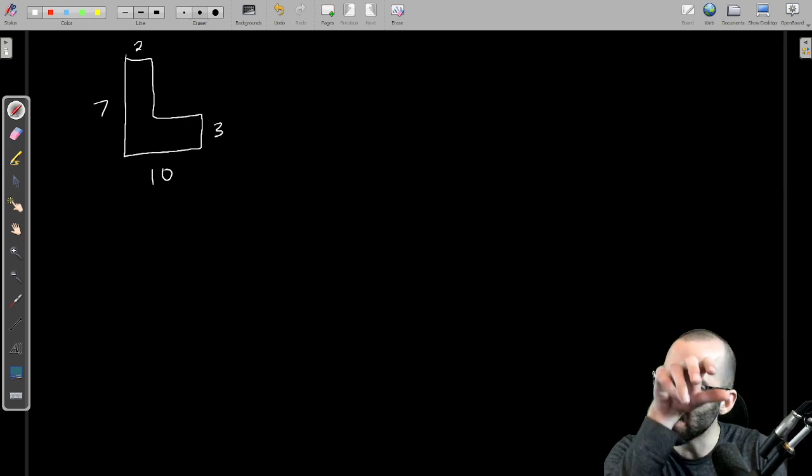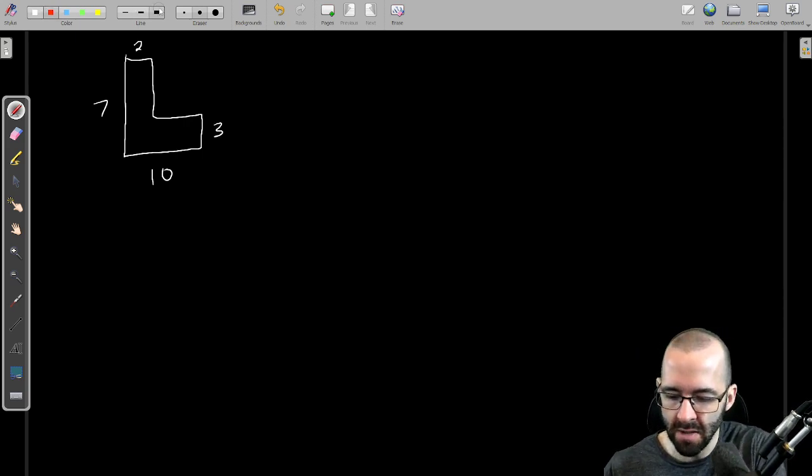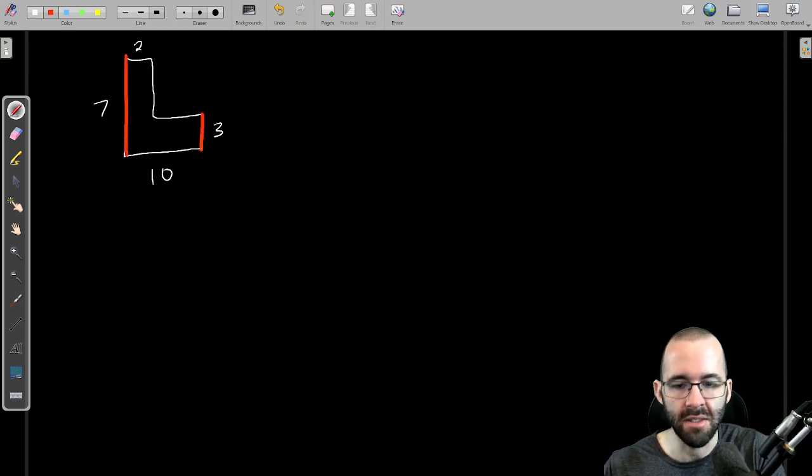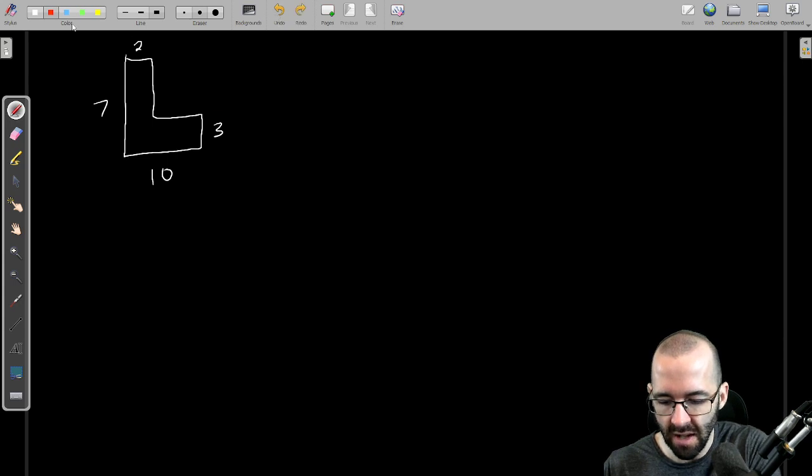It doesn't tell us everything, but remember that perimeter is just how long the whole outside is. So we just need to add everything up: these four numbers and then whatever missing numbers there are as well. So we have to figure out what they are. If this whole length is 7 and this small length is 3, that tells us that this new length, this blue length,